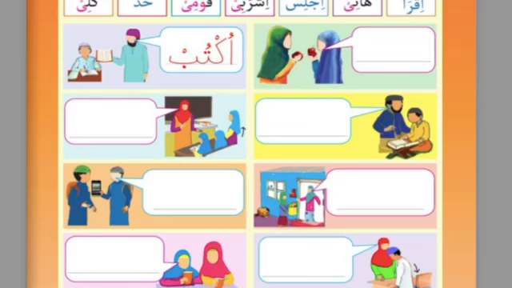And the last one in the picture, we see there are two sisters, right? The one in the blue scarf is commanding the one in the red scarf to drink. So, which command verb must she use to command her friend or her sister to drink? Yes, ishrabi, drink, right? So when you command a girl or a woman or a female to drink, you say ishrabi, ishrabi, right? So alhamdulillah, these are the command verbs in Arabic,